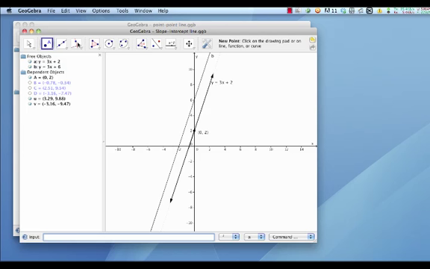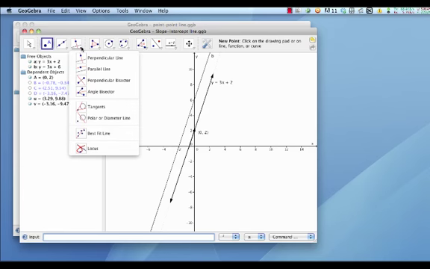By the way, there's all these tools here that you can use that I haven't really explored that much, but you can create parallel lines and perpendicular lines, perpendicular bisectors. There's a whole bunch of tutorials on how to do all of the geometric